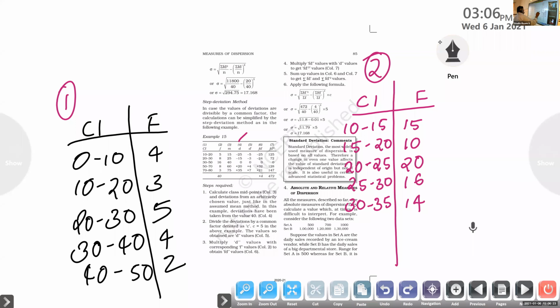Okay, Femina, the answer is correct. Aishwarya, is that the second one or the first one? Aishwarya? Second one. So the data are like this here. Okay, want to check it? One minute.